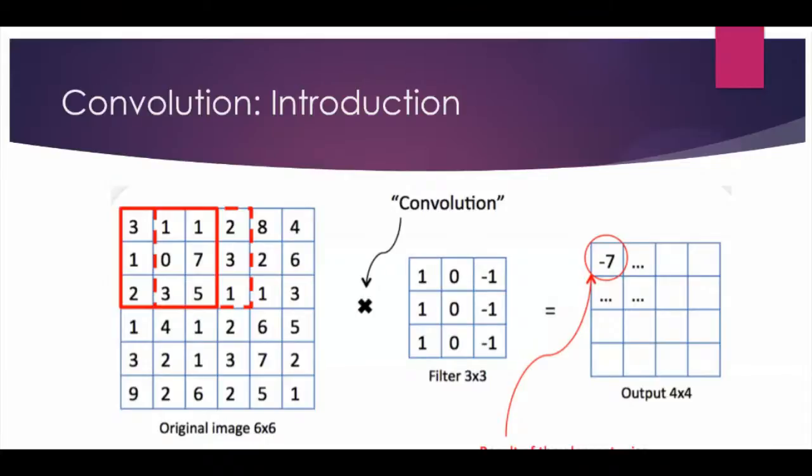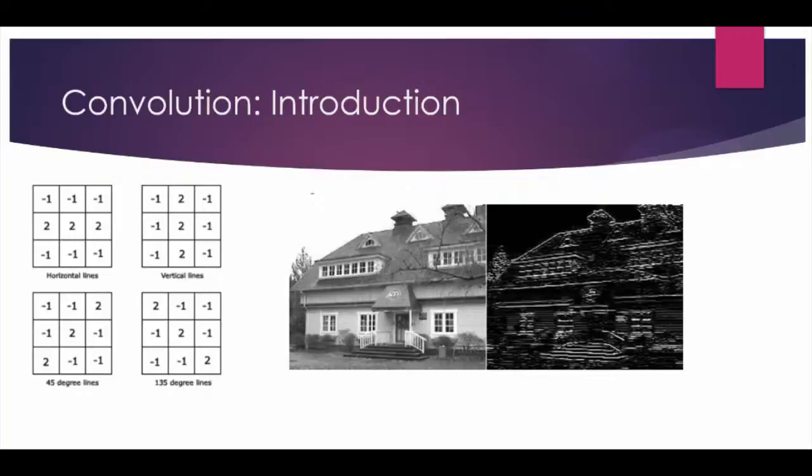These are examples, like horizontal lines. If we want to extract horizontal lines from any image, we'll use this first filter. If we want to extract vertical lines, we can use the second filter. Now you see the property: the center line has amplitude two, and the upper and lower sides have -1, the lower value. It means enhance the middle one, suppress the side ones. What you'll get is the horizontal lines. The second one enhances the middle vertical line and suppresses the left and right sides. This is the diagonal 45 degree, this is the 135 degree diagonal, so you'll get all kinds of angles, features, lines and everything.